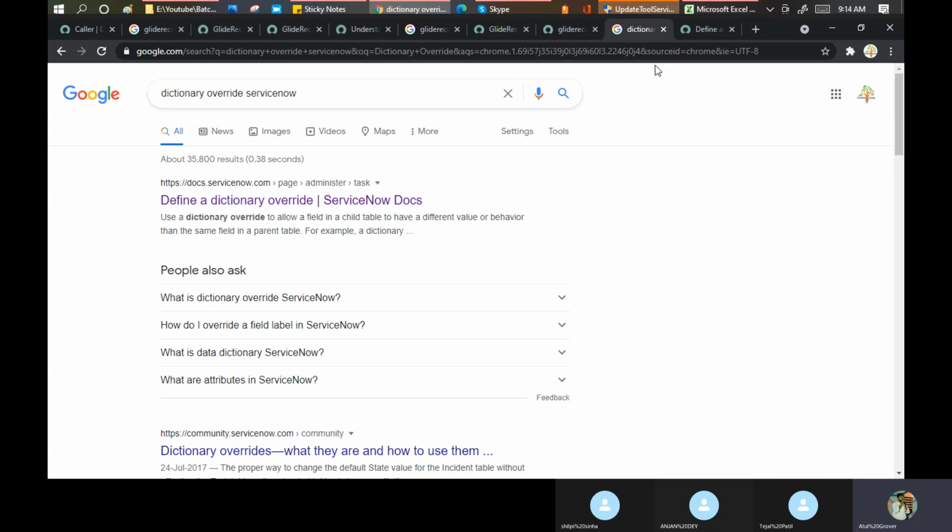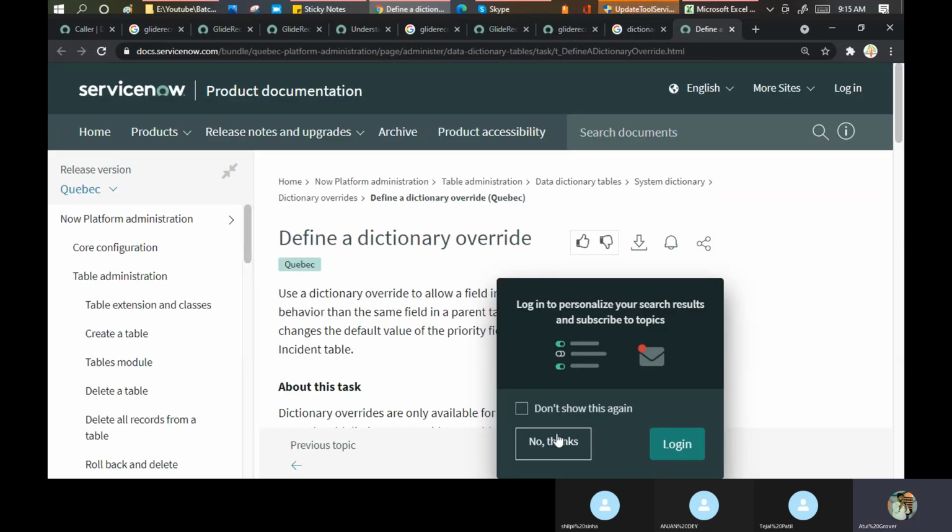Instead of writing the father's name, you're writing I'm a wife of Mr. ABC. What you are doing is changing the behavior of your parent. The things which you inherit from your parents, you are changing in your child table. It means you are changing the other part, and that functionality is called the dictionary override.